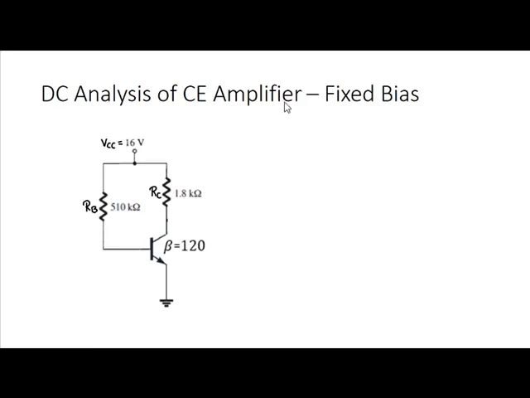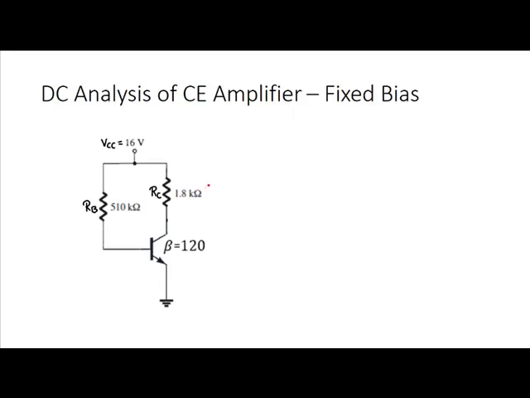The coupling capacitors are already removed, so we don't have to open circuit the capacitors and isolate the AC signal sources. It's already done. We can straight away go ahead to the next step of marking all the currents and voltages involved in this circuit. So let me mark all the currents and different node voltages. So first let me mark the current.